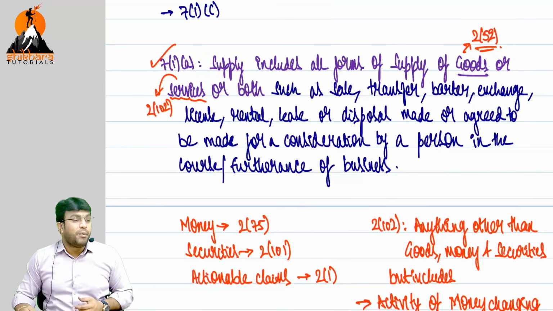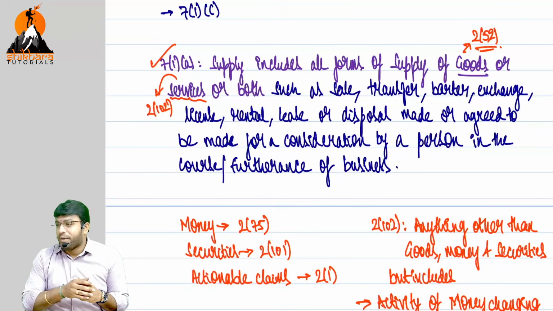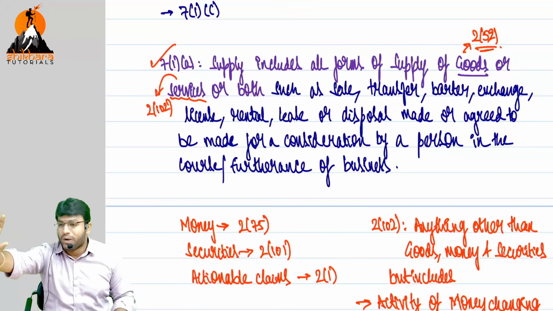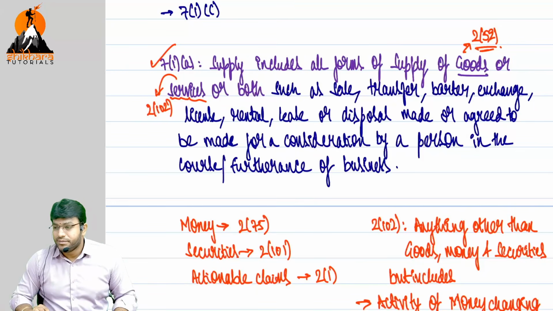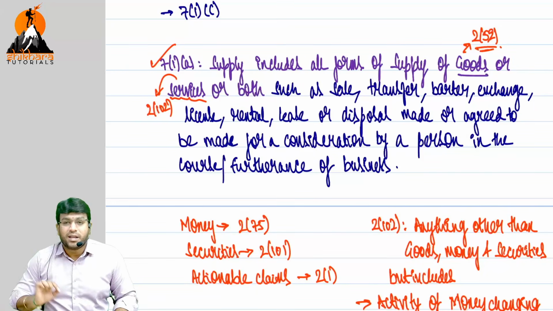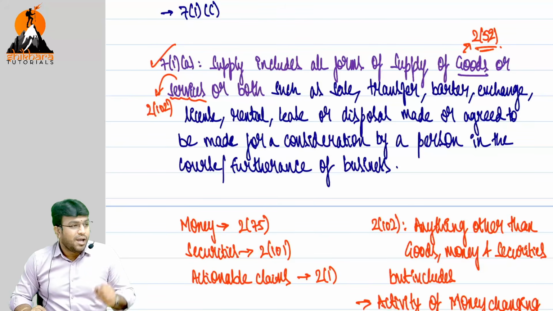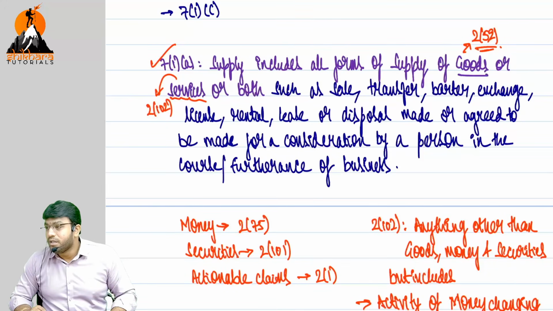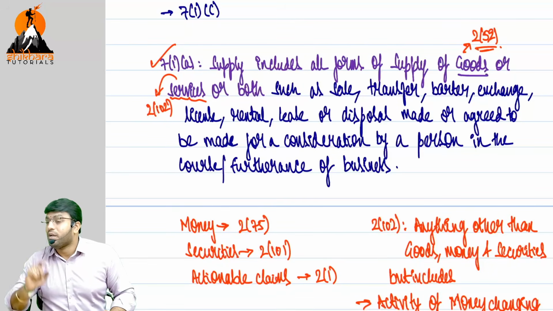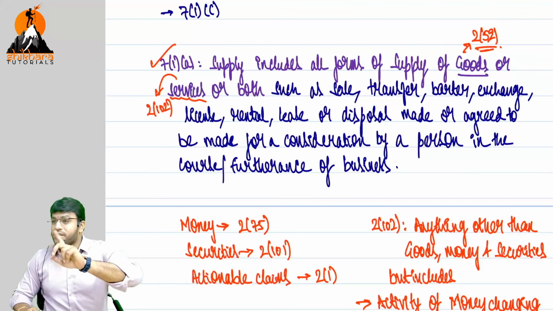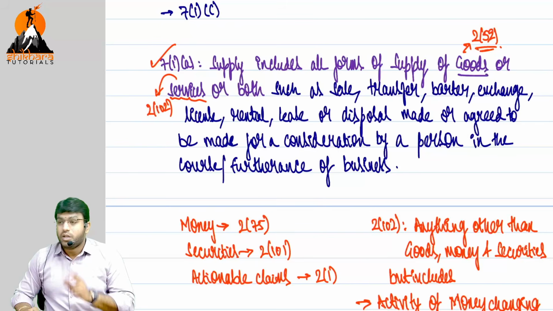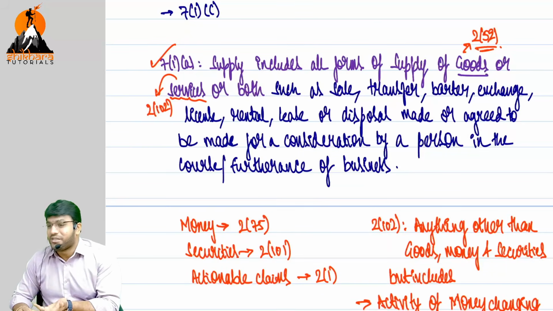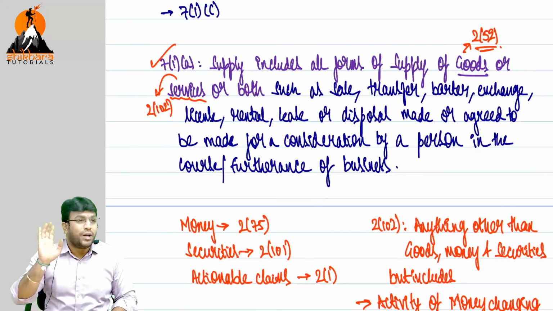Goods. Goods cover what? Every kind of movable property other than money and securities. Do one thing. For money, put one arrow mark and write Section 2(75). Securities, put one arrow mark and write which section? 2(101). Securities is 2(101). Other than money and securities, but includes what? Actionable claims, with Section 2(1), not subsection but clause. Put an arrow mark and write.